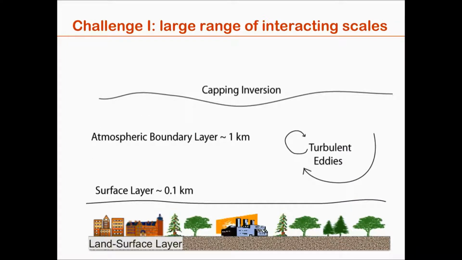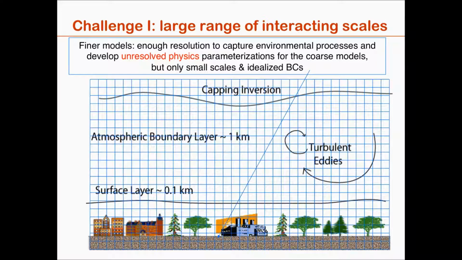So we zoom in, and now we maybe don't want to have a large coverage. We're content with a smaller coverage, with the aim of being able to resolve more of the small-scale processes, for example, flow between buildings or radiative exchanges between buildings. So in these cases, we can have a finer numerical grid, and now our models can capture more of these small-scale processes, which is all good. And we can use these fine-scale models to develop unresolved physics parameterizations for the coarser models, the weather and climate